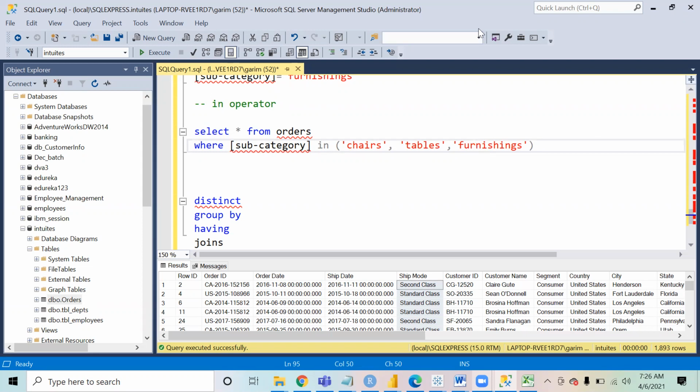Can you please share that notepad where you've written DDL, DML? I just want to note it down.